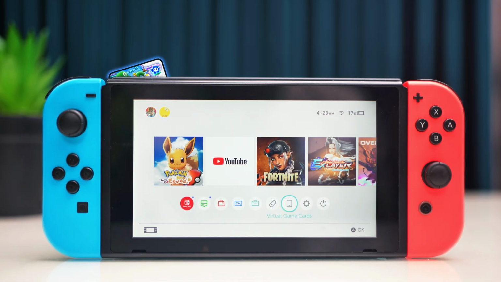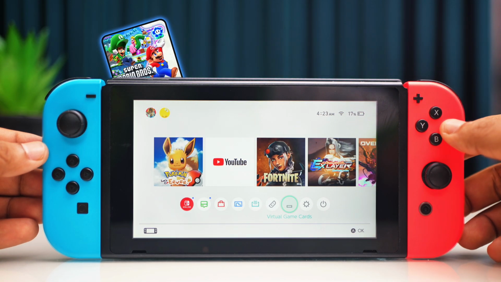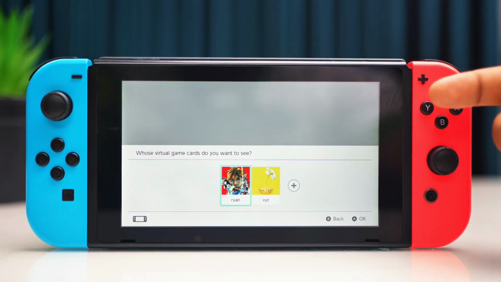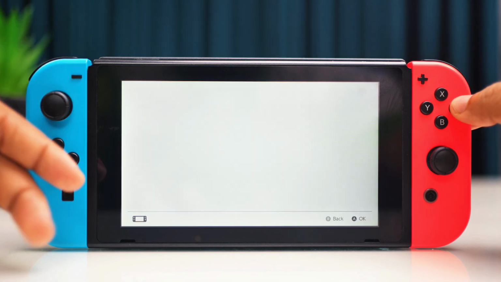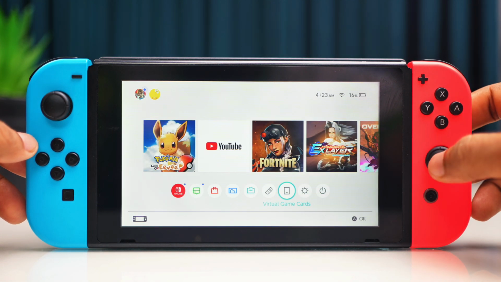Got a digital game card or a virtual game card for your Nintendo Switch? Redeeming it is quick and simple. In this video, I'll walk you through the step-by-step process to activate and start playing your new game in no time. Let's dive in. So, a virtual game card is basically a digital code that gives you access to a